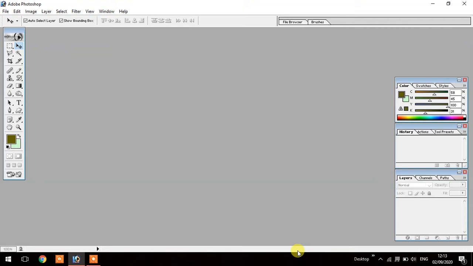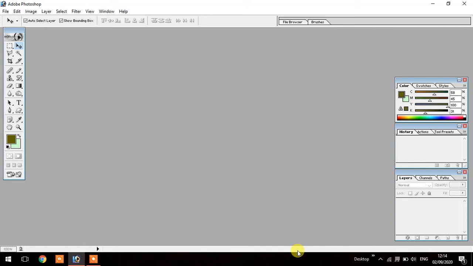As you know, the Move tool in Photoshop is used to move any particular selected object, or part of an object, or a selected layer within the canvas or from one file to another file. For this purpose, you must have to insert a photograph or image.